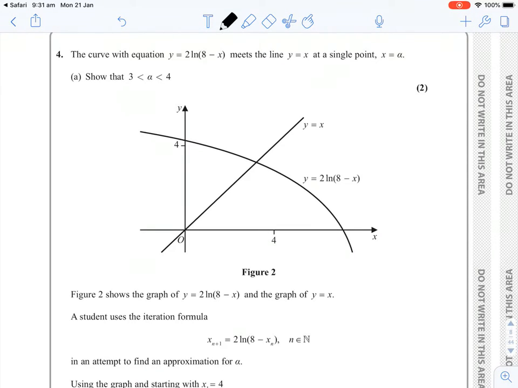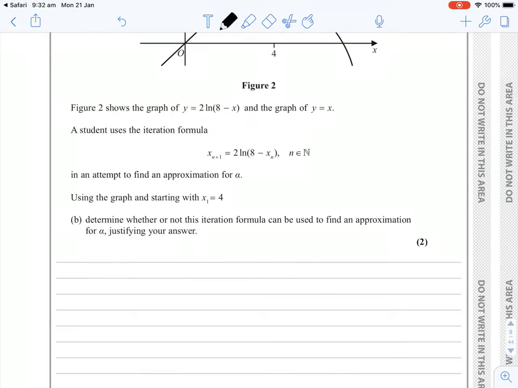Question 4. The curve of the equation y equals 2 ln(8 minus x) meets the line y equals x at a single point x equals a. Part A showed that a lies between 3 and 4. So we've got our two lines here, and if they intersect, this is going to be where